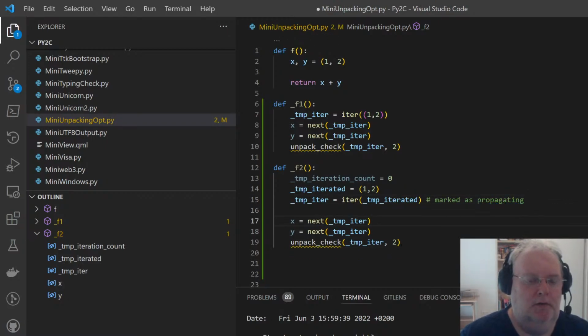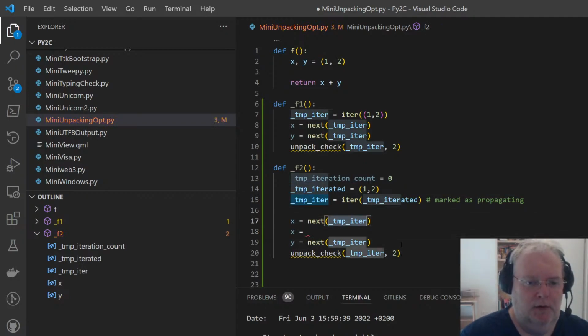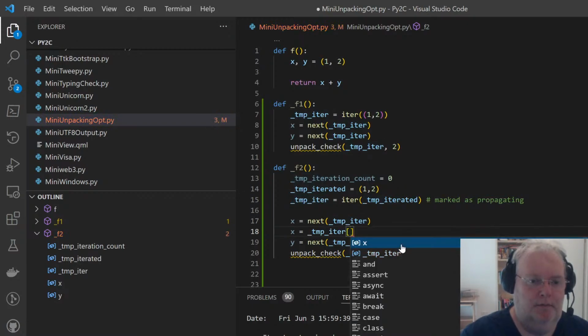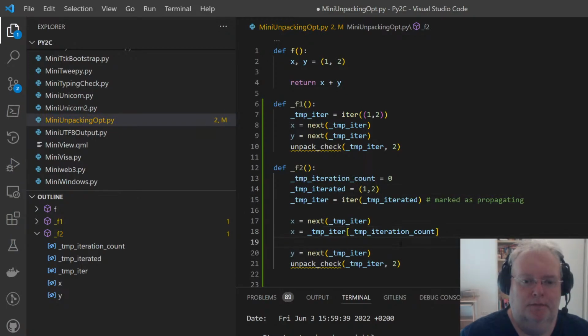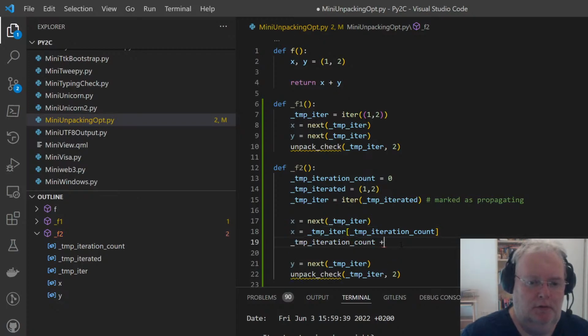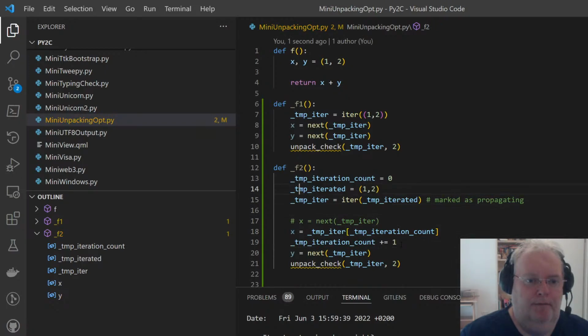And now these ones will replace themselves with x equals temp iter, temp iteration count. And temp iteration count should increase. And the same happens for y.